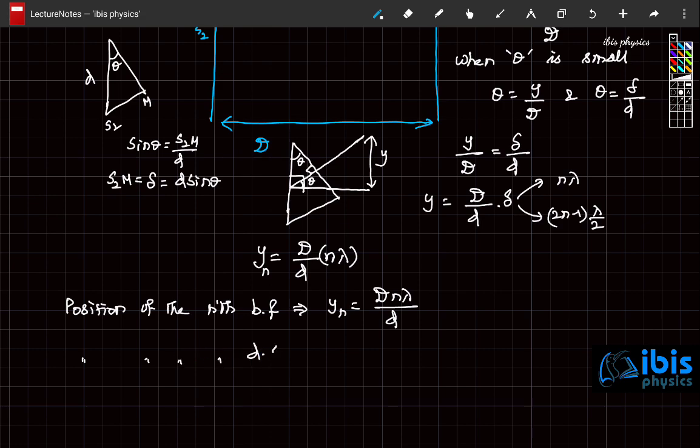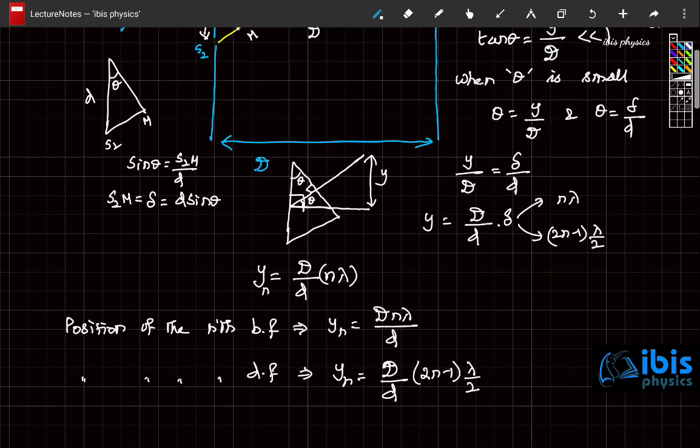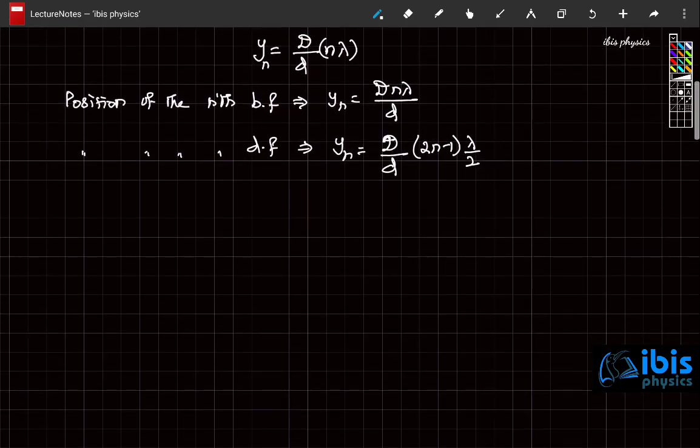Position of the nth dark fringe, yn, is equal to D by d. In place of delta, we are supposed to substitute this (2n minus 1) into lambda by 2, for the nth dark fringe. So it will be something like this. Suppose you have a